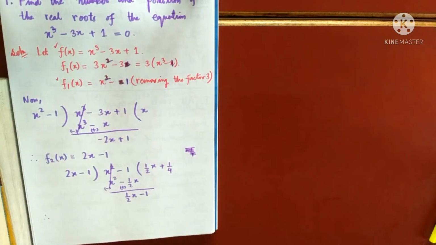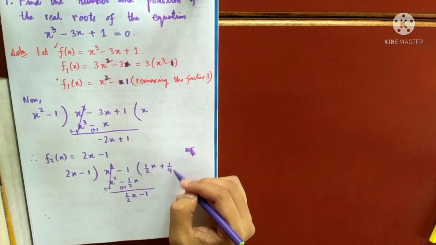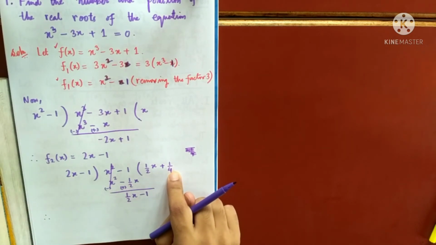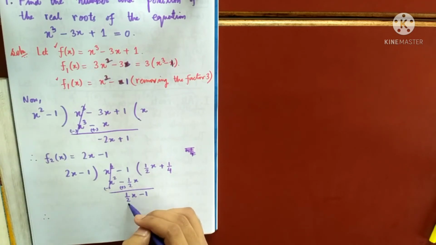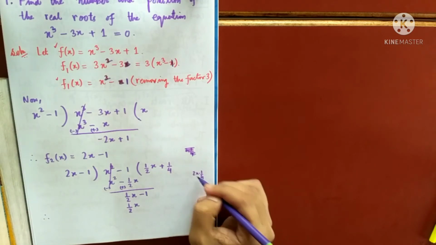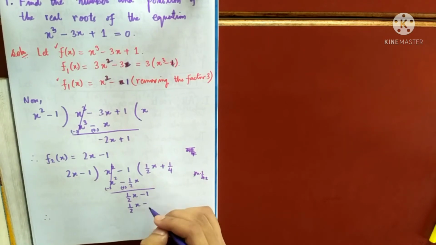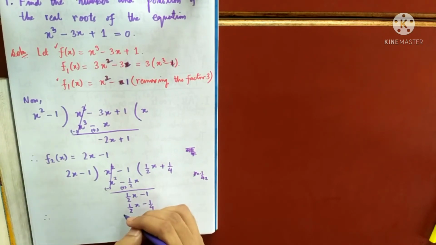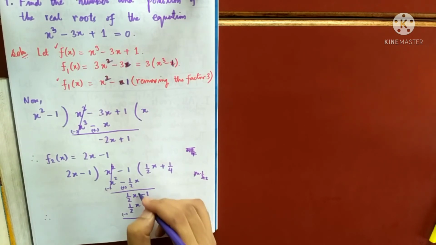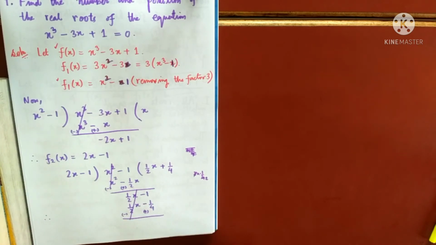We'll not stop here because division is still possible, Gaurav, right? So yes, we can take 1 by 4. So 2 into 1 by 4 is half x, because 2x into 1 by 4 is, yes, we can divide. If it is divisible, we will divide definitely. And this will become minus 1 by 4. So this is getting cancelled. 1 by 4 minus 1 is nothing but minus 3 by 4. Now we cannot divide.